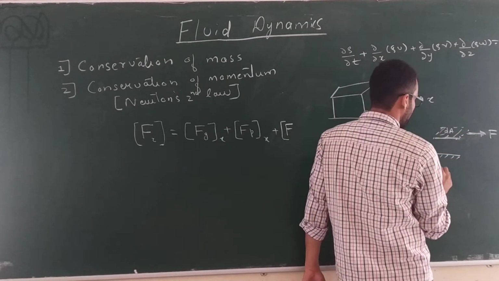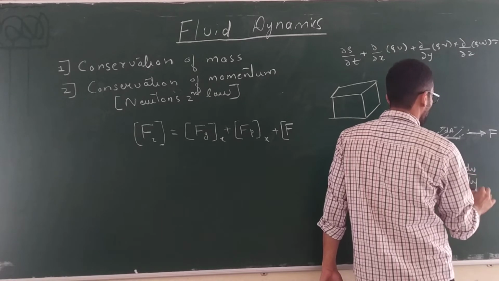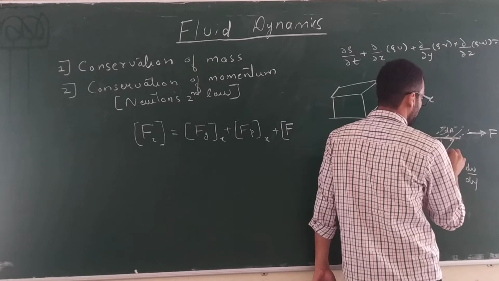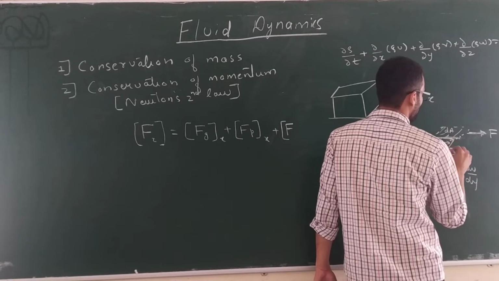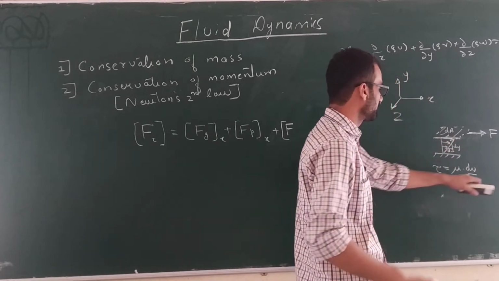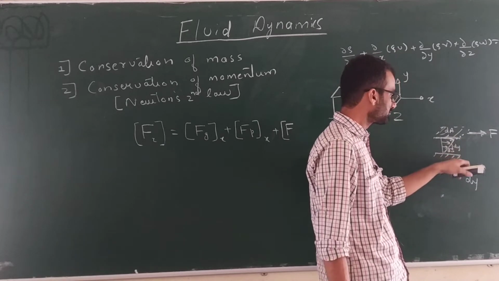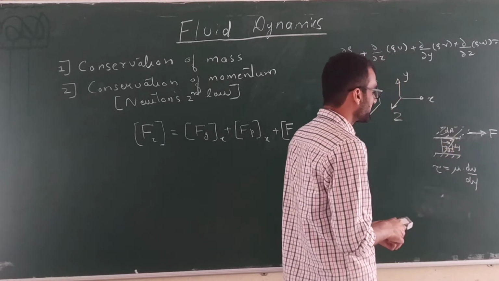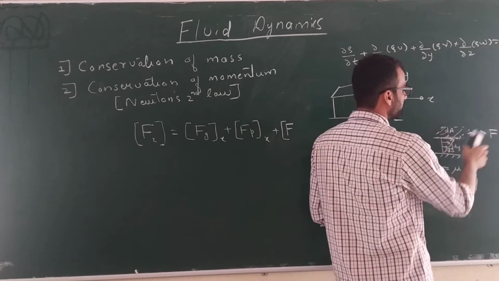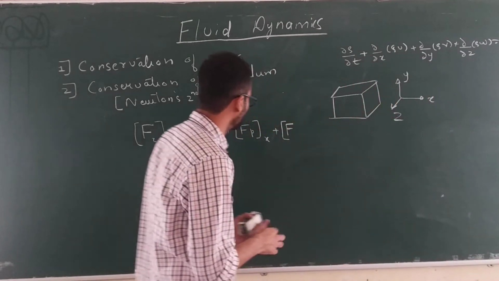So shear stress is given by tau equal to mu into du by dy. So what will be du by dy? It will be the velocity gradient between the two layers, the change in velocity along this distance. So you will also get a shear stress when you consider forces acting on the fluid element. This is on account of the viscosity of the fluid. Till now we did not consider viscosity also.